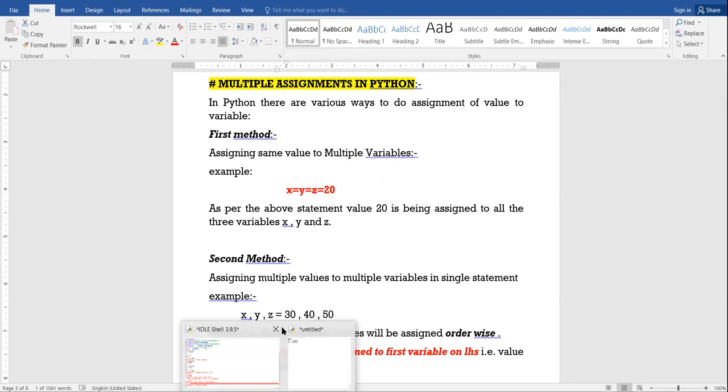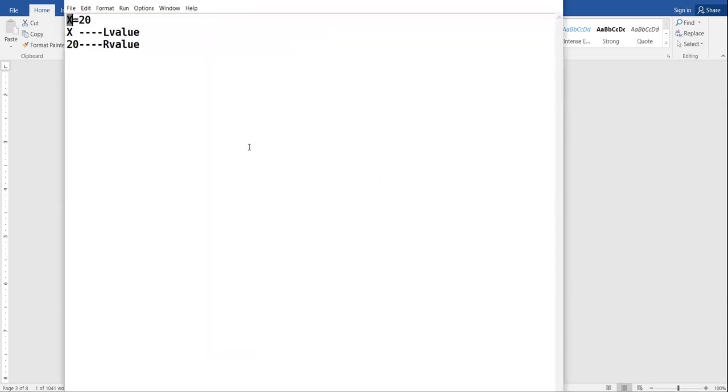What I mean by this is, beta, is Python window visible? Yashika, Yuvraj, Vriti, is Python window visible? I want to give value 20 to x, 20 to y, 20 to z. Why take three separate statements when the same value has to be given? So we can go with the concept of multiple assignment. X equal to y equal to z equal to 20.